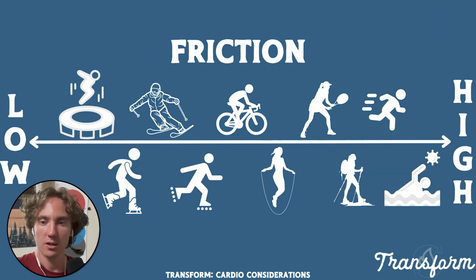Here's what we mean here. Swimming. I don't know if anyone could be in zone one swimming, maybe a professional swimmer, but you would just have to be so relaxed, going at such a leisurely pace, that it's like a walk in the park. The reason so many people struggle with running to stay in their zone two range is because there's so much friction. And on the other side, we have things like rebounding or ice skating or skiing.